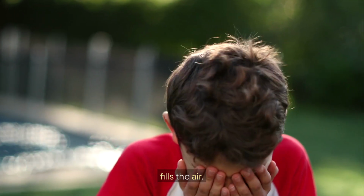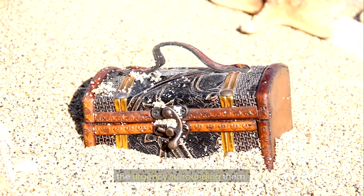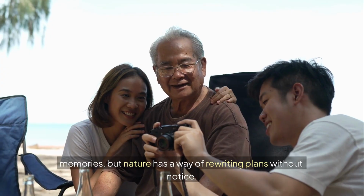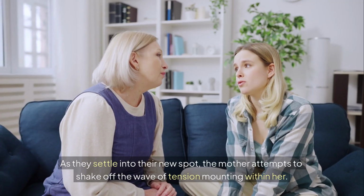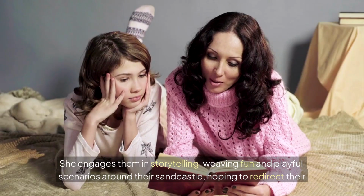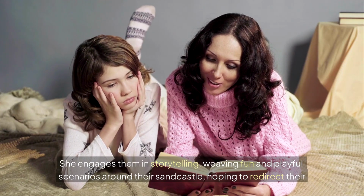But time runs short, and the mother knows it. She glances once more at the ocean, feeling a pulse of intuition revive the urgency surrounding them. Perhaps today was meant for joyful play and cherished memories, but nature has a way of rewriting plans without notice. As they settle into their new spot, the mother attempts to shake off the wave of tension mounting within her. She engages them in storytelling, weaving fun and playful scenarios around their sandcastle, hoping to redirect their attention away from